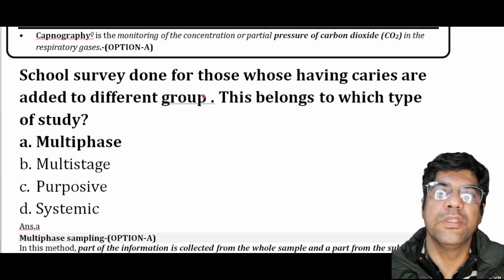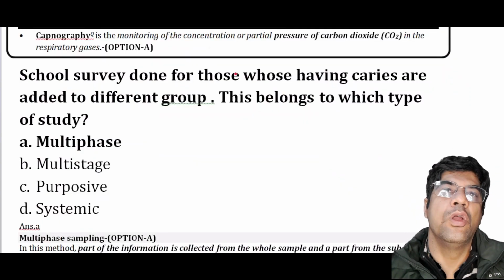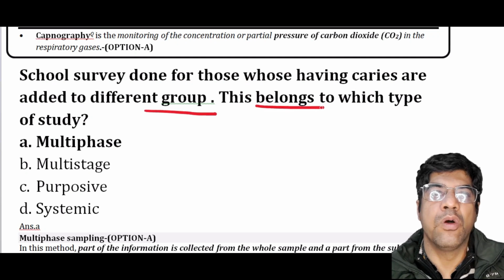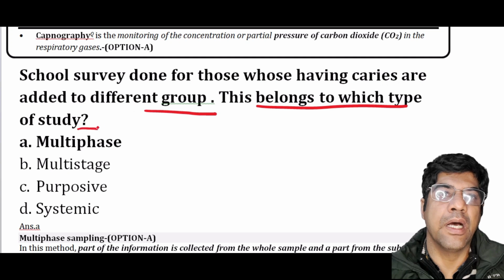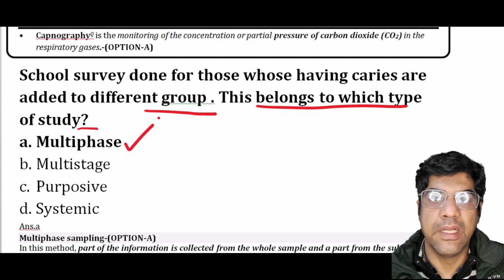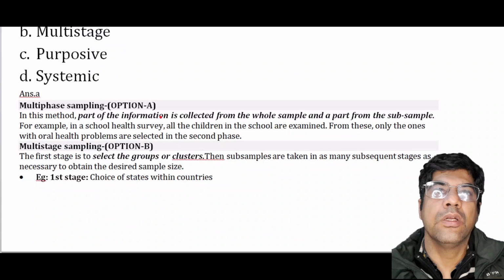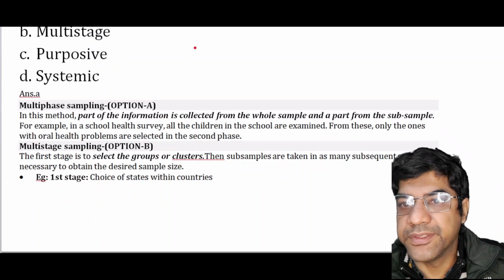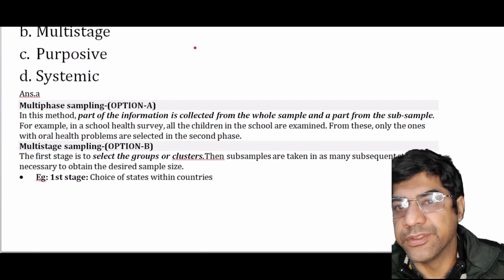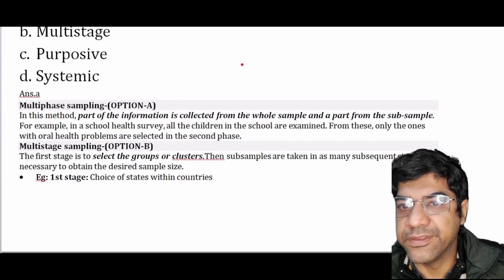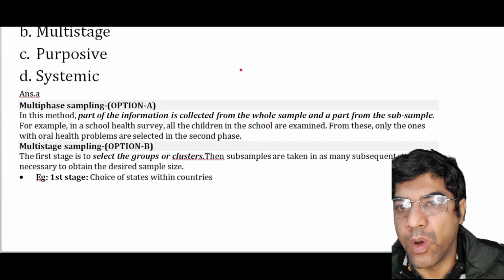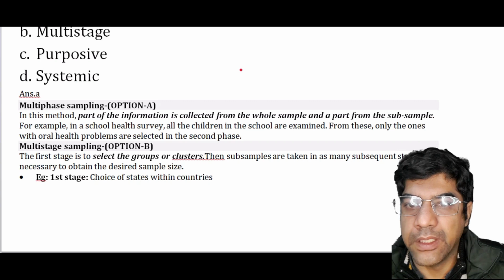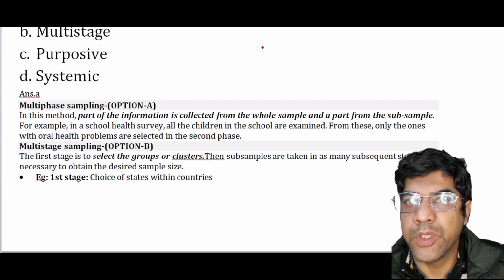Coming to the next question, a school survey is done, and those who have caries are added to a different group. So this belongs to which type of study? The answer is multi-phase sampling. Imagine you want to conduct a study on student performance in the school. In the first phase, you decide to collect information from all students in the school. After this examination, you identify a subgroup